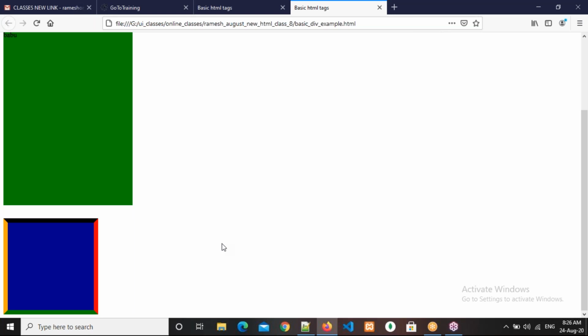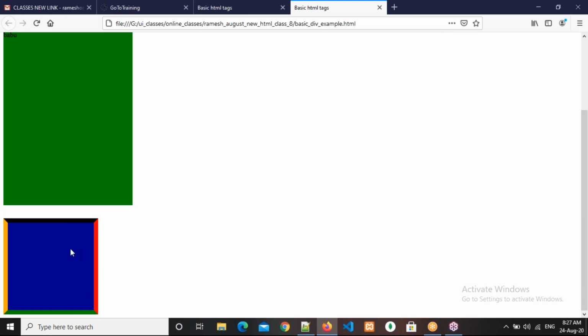Please respond. Yes, sir. Okay, and if you observe there, from where the borders are starting, after completion of width and height or not? That means exactly from the completion of width and height. It is coming surrounding, depending upon the width and height only.